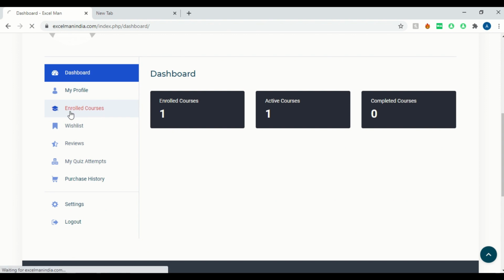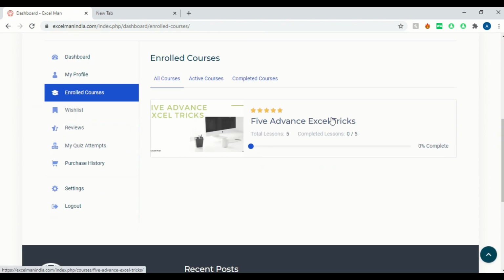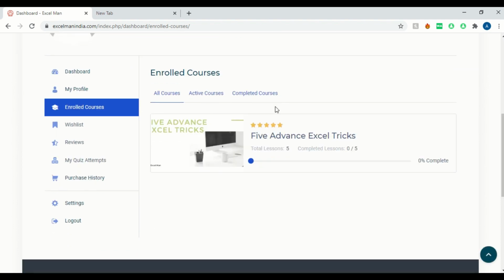So now all you have to do is click on this enrolled courses, and you will get your courses over here. As I have enrolled into this, I have got this course over here. I can simply click on it and get my classes. If I add other courses one by one, all those courses will be shown one by one over here,